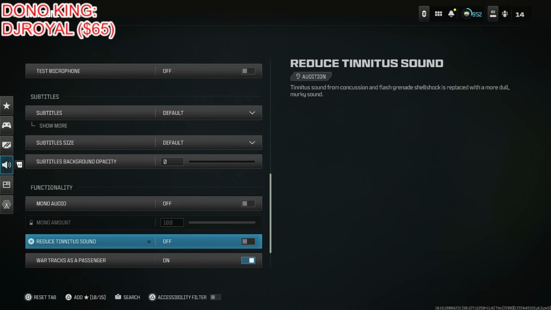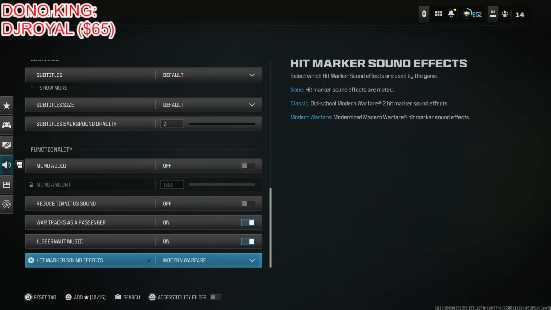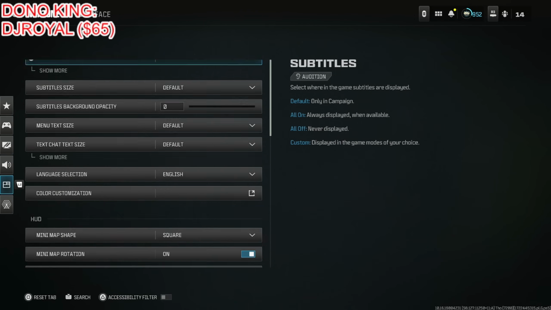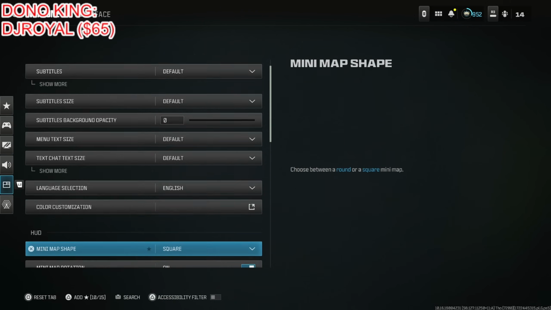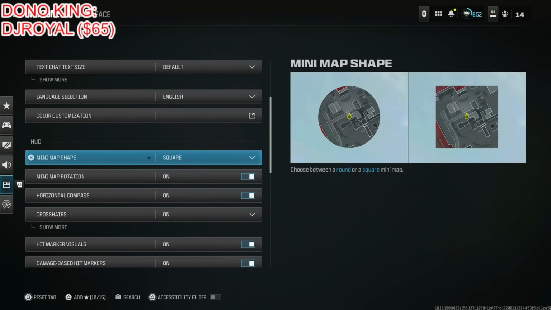All right. Next, reduce tinnitus sound. I mean, you can have that on if you want to. War Tracks Passenger if you want to. Juggernaut sound if you want to. And Marker sound, I have it to Modern Warfare. After that, I mean, the rest of these don't really matter in my opinion, unless you want it to look like you're playing on PC, or if you are playing on PC and you guys want to see like, the